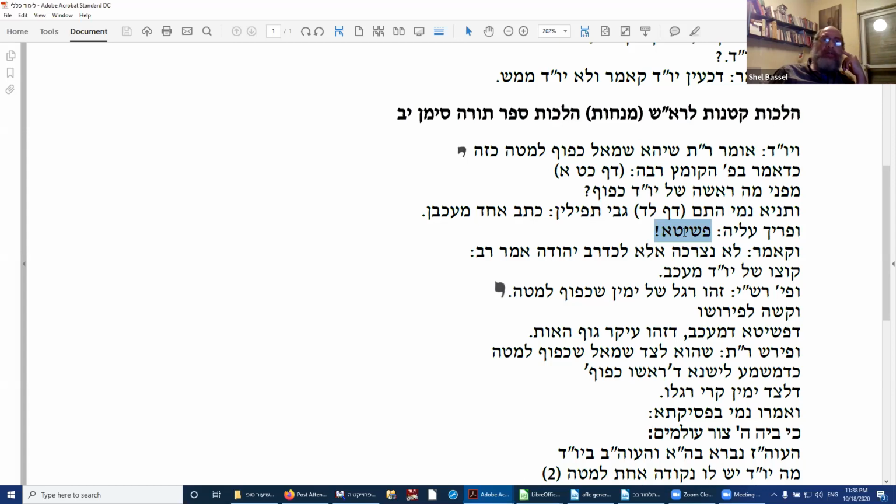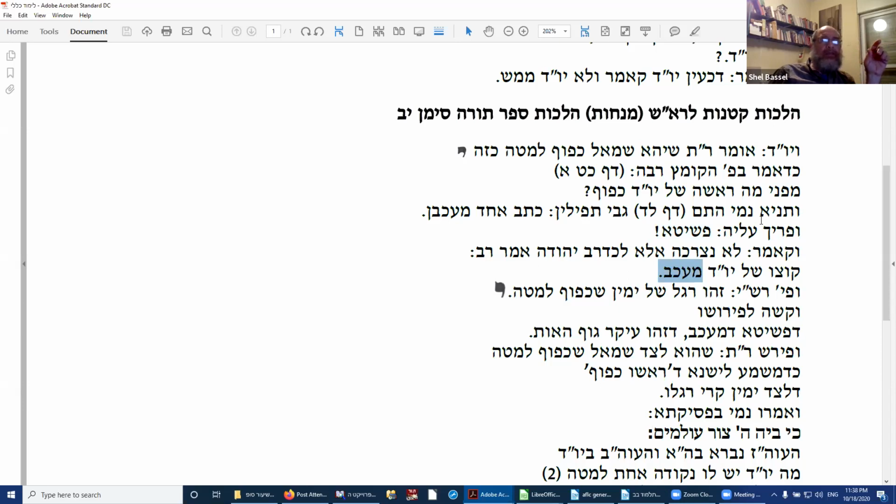Obviously, if the letter is missing, if one ktav is ma'akev, I'm sorry, if ktav echad ma'akvan, so the Gemara says, Pshita, obviously one ktav holds them back. The Gemara says, Lo mitzvah el k'd Rabbi Yehuda Amar Rav, kotzo sheyud ma'akev. Right, so this is a